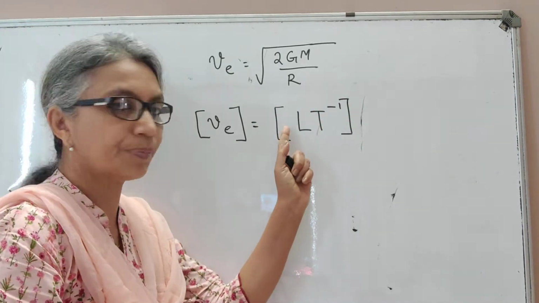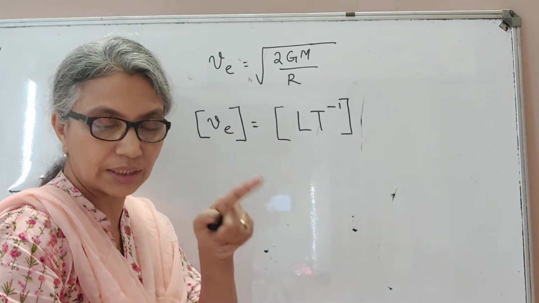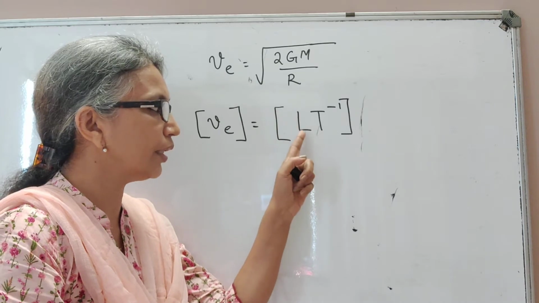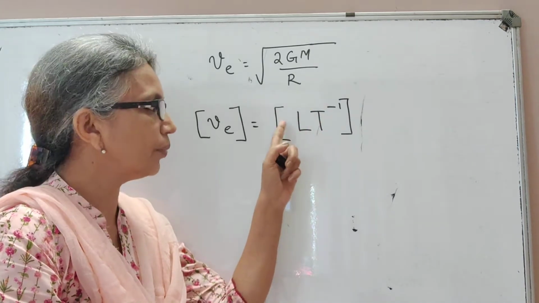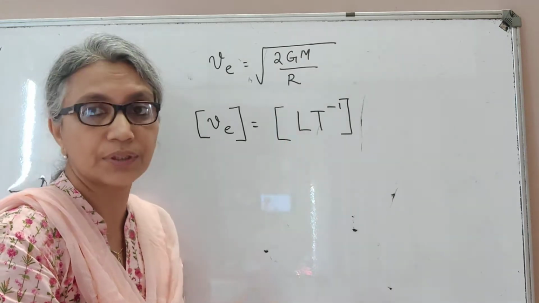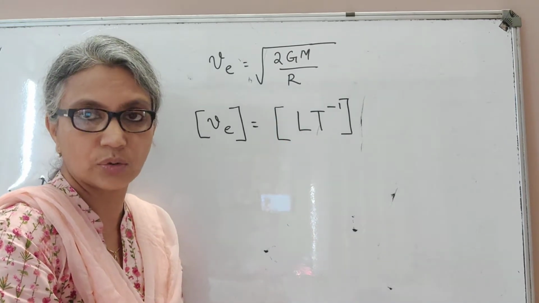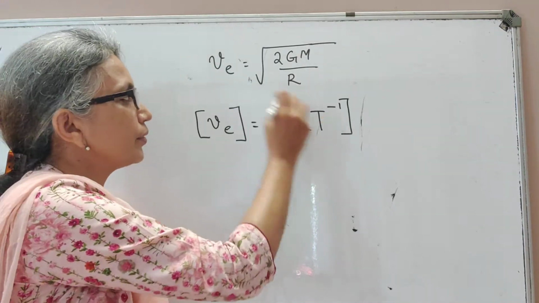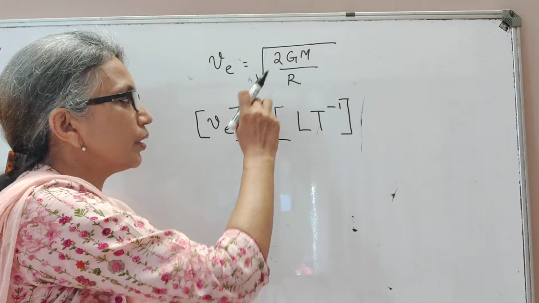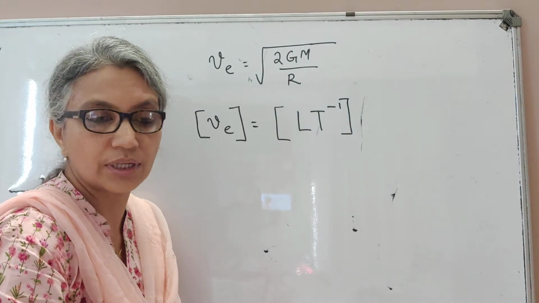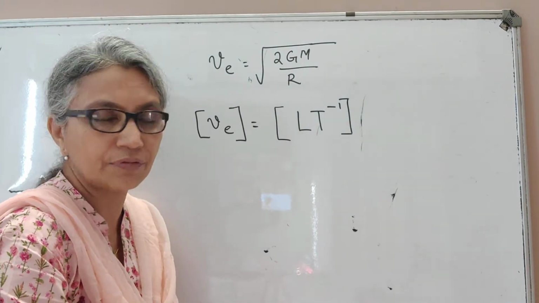Now here, in the table that I sent you, I would have written M^0 L T raised to minus 1. M raised to 0, anything raised to 0 is 1. So even if you don't write that, if you simply write LT raised to minus 1, it's okay. If you want, you can write M raised to 0 also. So that is on the left hand side. For this term, please remember 2 is just a number, so you don't need to write any dimensions because numbers don't have dimensions.